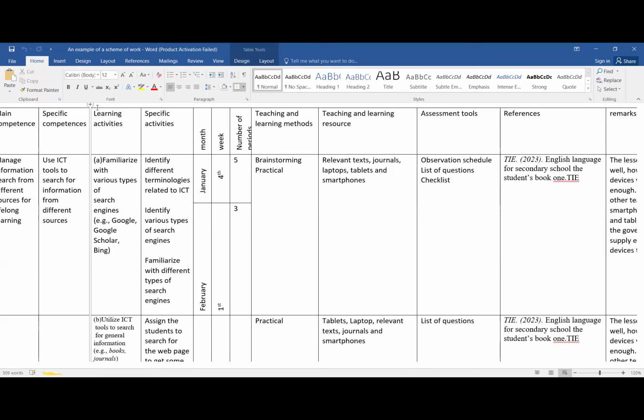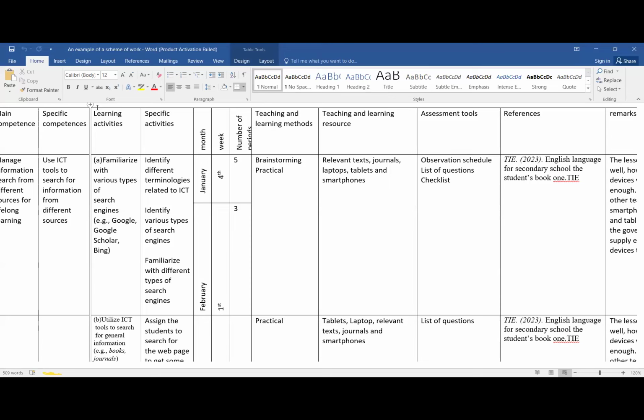When you're talking about learning activities, you can take it from our curriculum. It is there: familiarize with various types of search engine, as Irene has passed us through. But when you talk about specific activities, you can get them directly from our textbook. What you need is to make it a competence that our students are supposed to do. You have to instruct the student to do something. For example, in a specific activity, you may say: identify different terminology related to ICT. So the one who is going to do